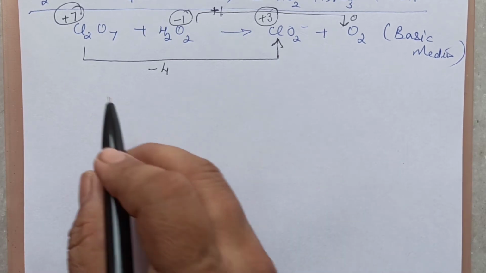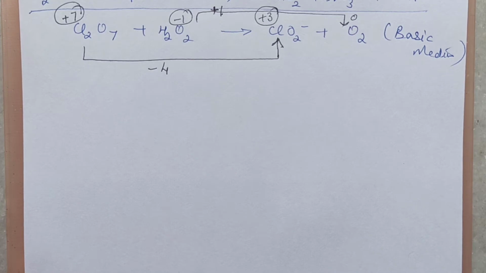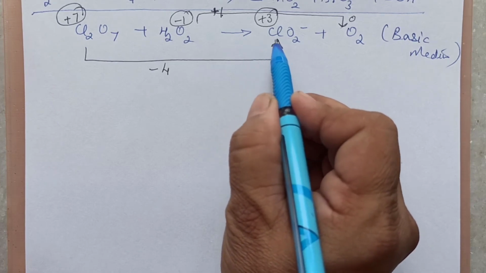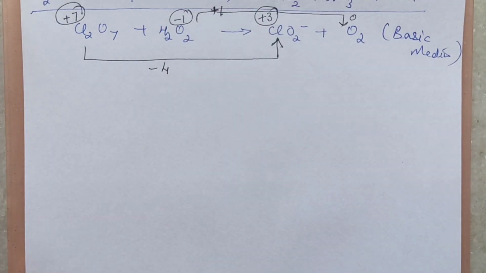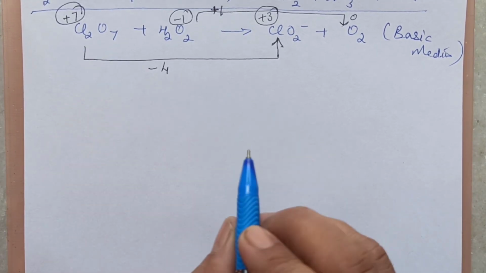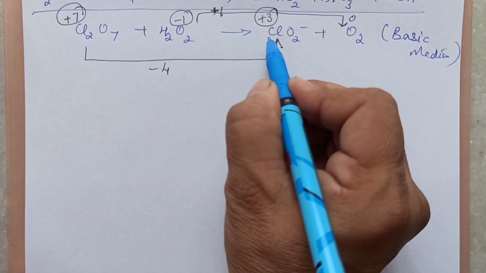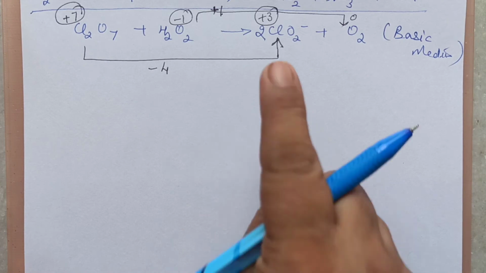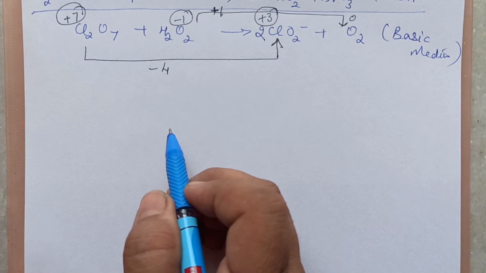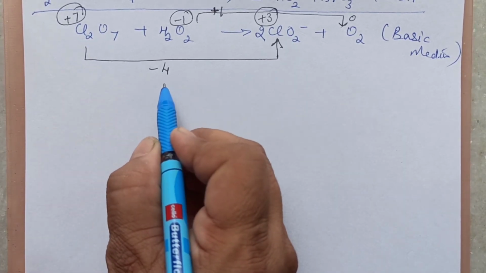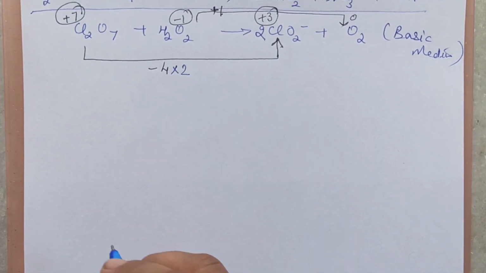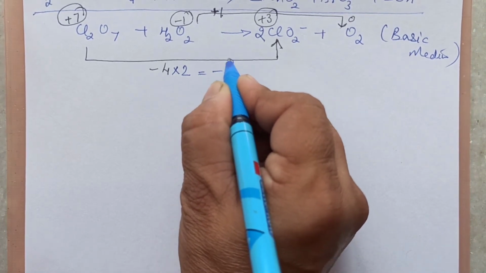Now, there are other elements also present in this. That means, say chlorine, if we are considering, there is Cl2. Here you are having only Cl. In the previous one, Mn was same, so we did not bother about it. So when we are doing it, we will first balance the other element. So other Cl2, we will make this also 2. When we make this 2, now we know that minus 4 was for one chlorine atom when we are calculating the oxidation state. So for one chlorine atom, the decrease was by 4. So for 2 chlorine atoms, the decrease will be multiplied by 2. So how much is the total decrease? The total decrease is by 8.